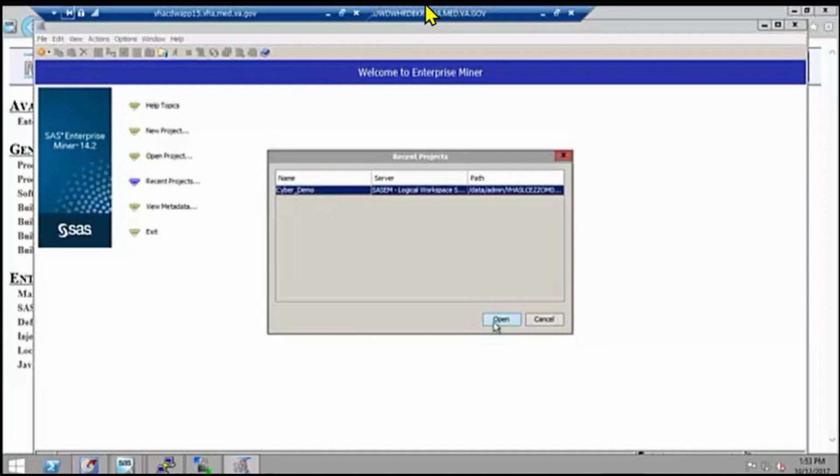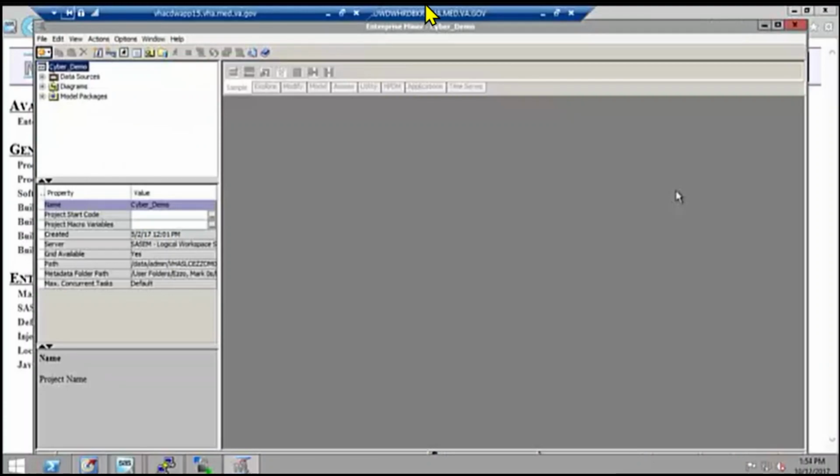I would just look at a recent project, and this is the cyber demo that is available to you. We can enable that so you can learn Enterprise Miner, and the demo is excellent. We have a whole small manual that SAS gave us that we will extend to you and give you the data and everything. Then it comes up to diagrams,